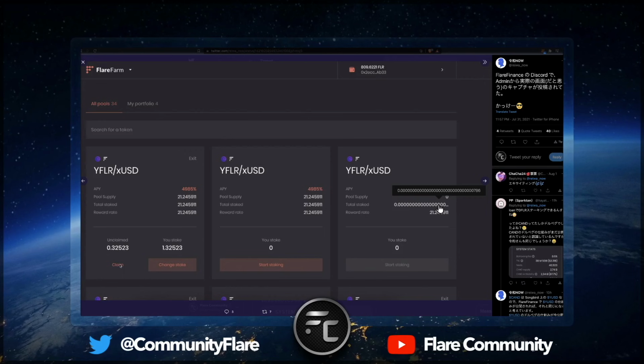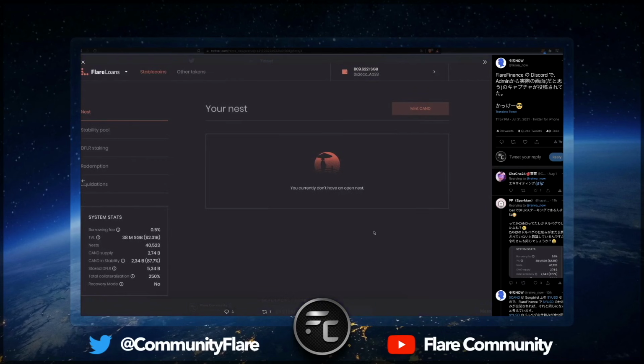Now finally, we have a completely new screenshot which no one has ever seen, and it's this idea of Flare Loans. Basically, the Flare Loans product allows users to loan out cryptocurrencies. Now, I know what you're thinking, why may someone want to do this? Some people may want to hold a cash position, and traditionally you would go to a bank to seek out a loan. What Flare Loans is doing is allowing you to collateralize your loan with your cryptocurrency